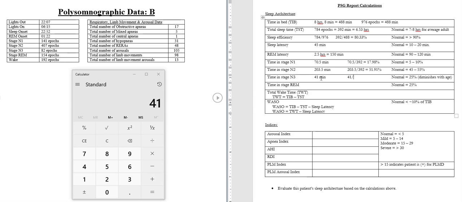To convert that into a percentage, we're doing it the same exact way, so divided by the total sleep time in minutes. So it'll be 41 divided by 392 or 10.46%. And then the time in REM is 154 epochs. Converting that to minutes, it's going to be 77 minutes. And to convert that into a percentage, same way as the other stages,